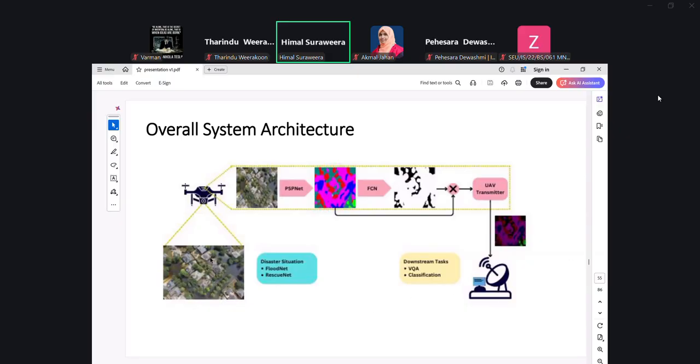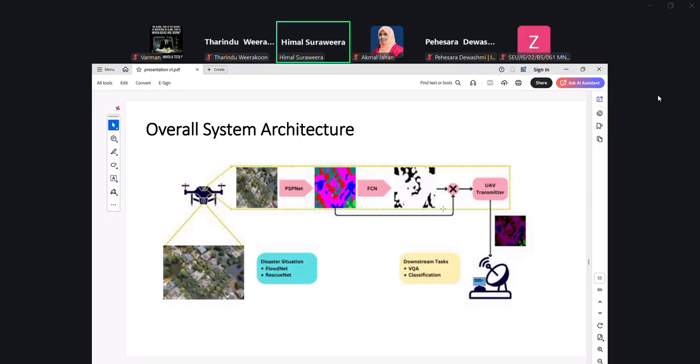Basically, as I told you, the UAV is going to take images of this kind of disaster-stricken area, and then it applies a particular machine learning algorithm, and then it transmits that information to a server so that the server can take informed decisions about the disaster.